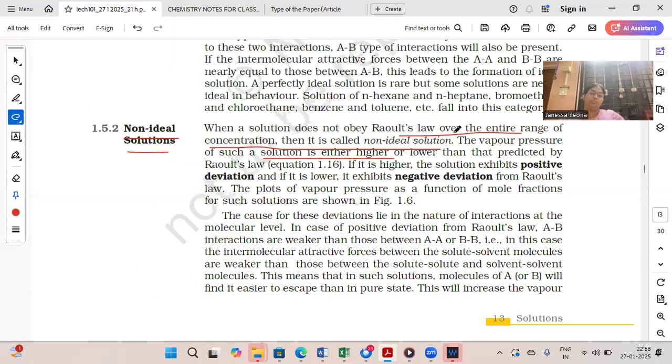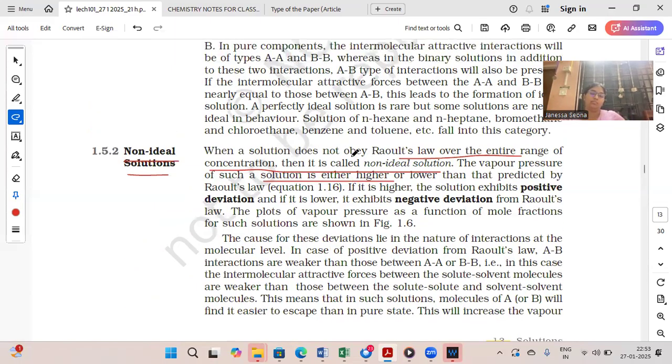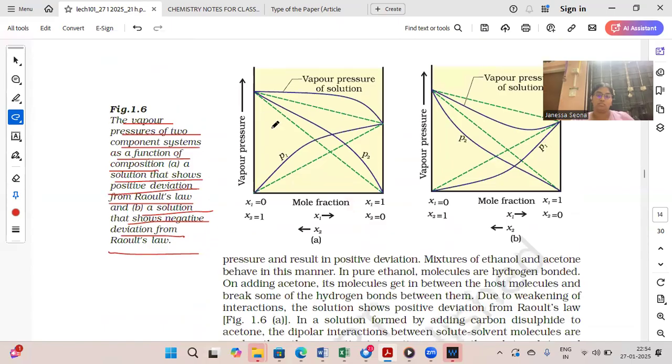Then moving forward, non-ideal solutions. When a solution does not obey Raoult's law over the entire range of concentration, it is a non-ideal solution. The vapor pressure of the solution is either higher or lower than the value that is predicted by Raoult's law. If the vapor pressure is higher than the predicted value, that particular solution is called a solution that has positive deviation from Raoult's law. If the vapor pressure of the solution is lower than the predicted value, then it is called negative deviation from Raoult's law. And you can see this is the